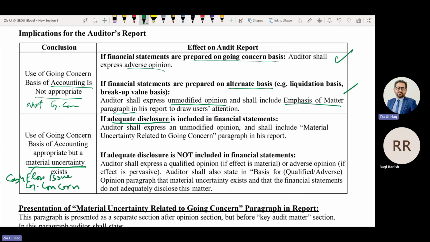If adequate disclosure is included in the financial statements, when management have disclosed it, is the opinion qualified or unqualified? Unqualified. So the opinion should be unqualified. But this cash flow issue disclosure is important for the shareholder. We should highlight it in the audit report. How? By using an emphasis of matter paragraph? No, for highlighting this cash flow disclosure, we will not use emphasis of matter. Instead, we will use a new paragraph called material uncertainty relating to going concern